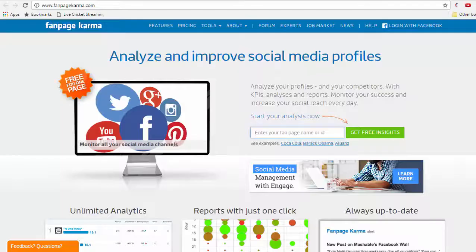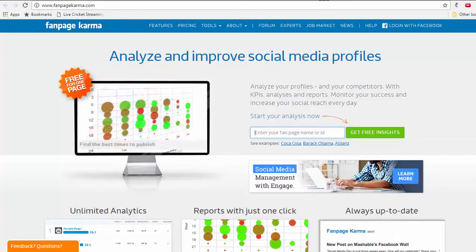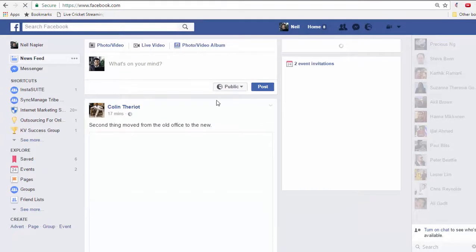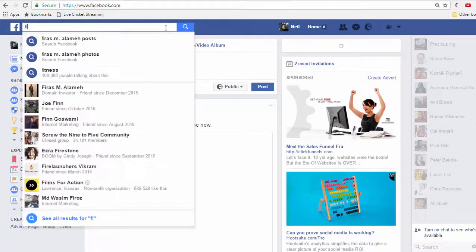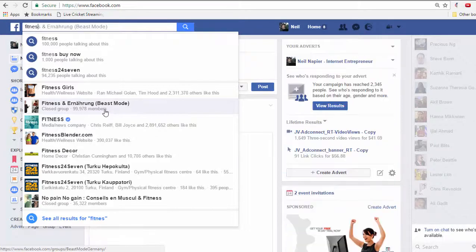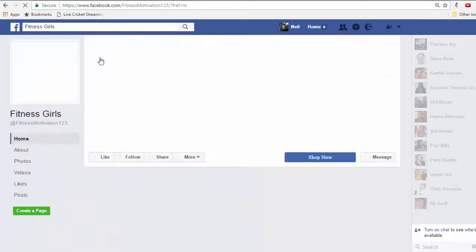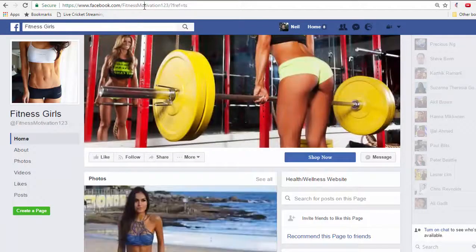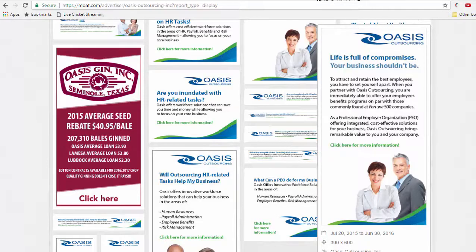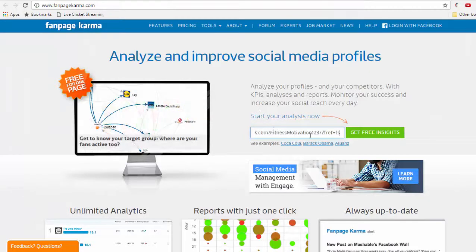There are a couple of other free tools, by the way. So you can go for Fan Page Karma, which is free to a certain extent, and you can look for a lot of fan page information based on that. So let me look for a fan page. I think we found earlier it was a fitness one. Let me just go find that. Oh, okay, let's go for this one. Clearly it's a very famous fan page. So I'm just going to take this one and jump into Fan Page Karma and I'm just going to put the link here